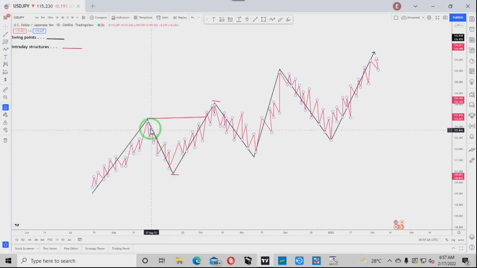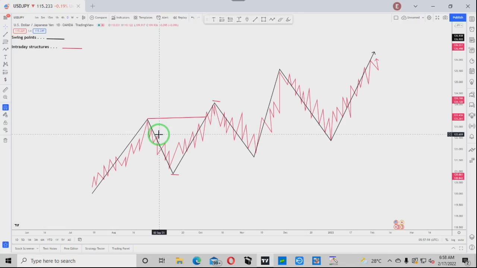Now, if you did not mark out your higher time frame swing point, if you go straight to 15M without looking at the bigger picture, what you will see with this very leg here is price breaking the lows, making lower lows and lower highs, and then you will just suddenly think that price is bearish, and then you enter the market going short.